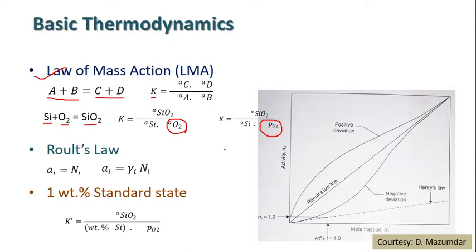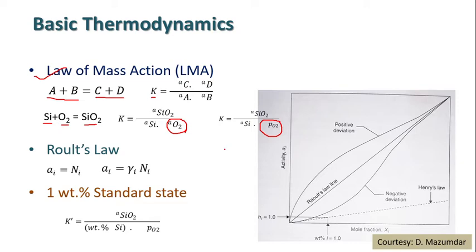Then, when we are talking about iron making and steel making, in conventional iron making and steel making processes, we generally produce liquid pig iron in case of blast furnace, and liquid steel or molten steel in case of basic oxygen furnace, which are generally solutions of iron with varying amounts of other elements like carbon, silicon, manganese, sulfur, phosphorus, etc. And also the byproduct slag is a solution of various oxides.